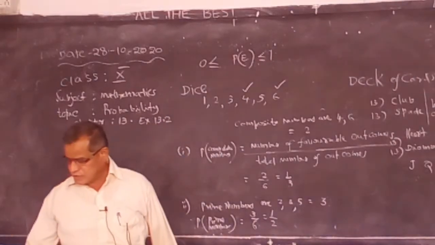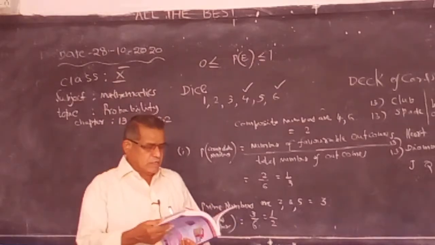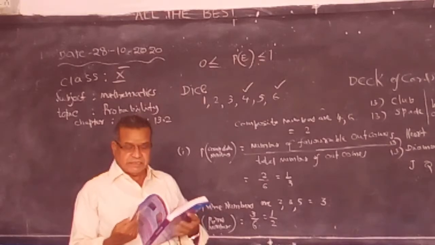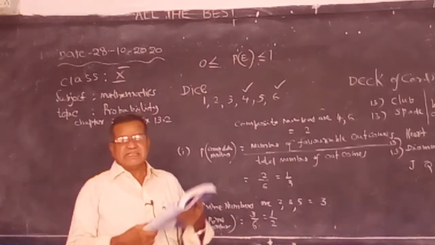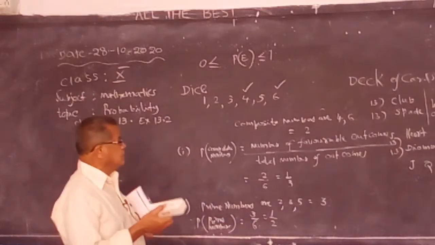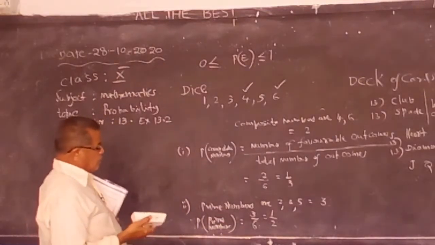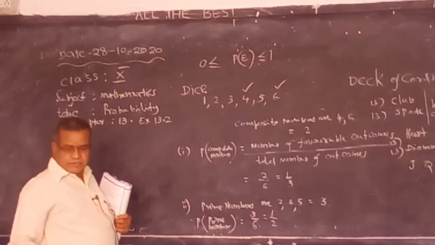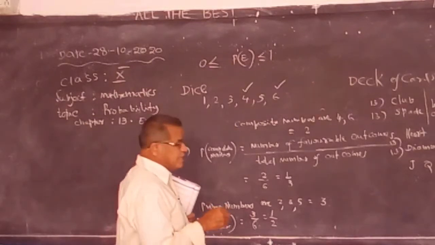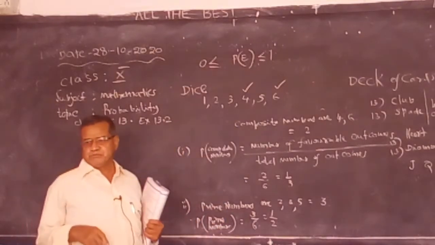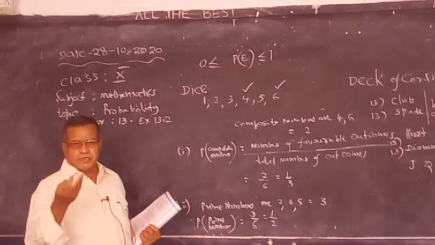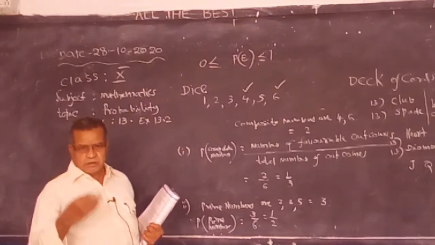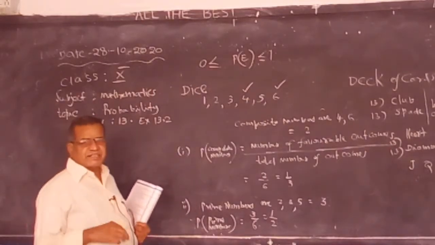Now, one question given in the textbook. I will explain it now. This is the easiest chapter, so please concentrate. It is easy to score marks, with more marks from this chapter. This is the formula: P(E), where E stands for event. Every problem is an event. Every question in the book or question paper is an event.